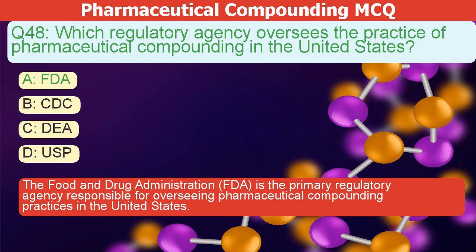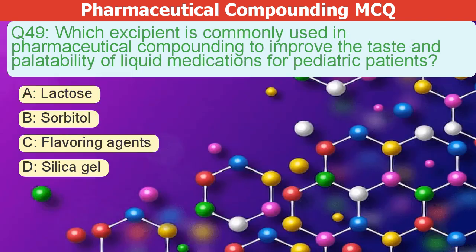The correct answer is A. The Food and Drug Administration, or FDA, is the primary regulatory agency responsible for overseeing pharmaceutical compounding practices in the United States. Which excipient is commonly used in pharmaceutical compounding to improve the taste and palatability of liquid medications for